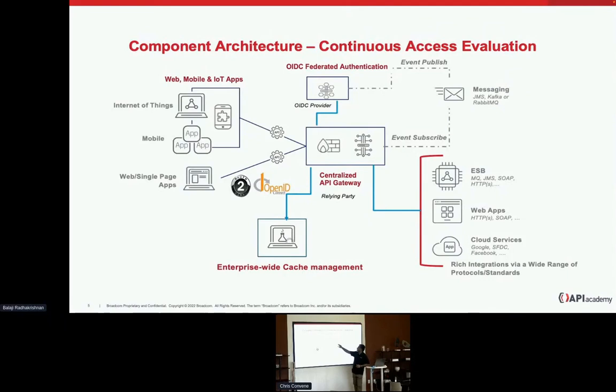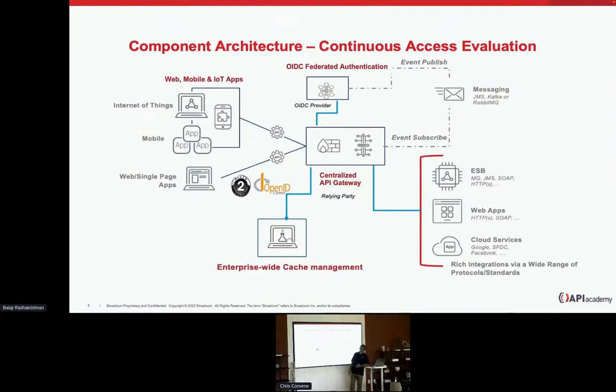Once that information is received, the gateway, in our case, is going to be caching that information in a revoked token list or something like that. Once it has been cached, next time when a request comes in to the gateway, first thing it is going to see is whether it is inside the revocation list. If it is, immediately it will fail and send the corresponding reason why it failed. And if it is not in the revocation list, then it will do the local validation and authorize the request